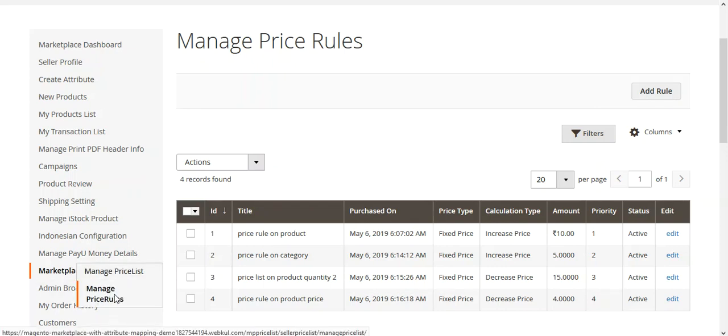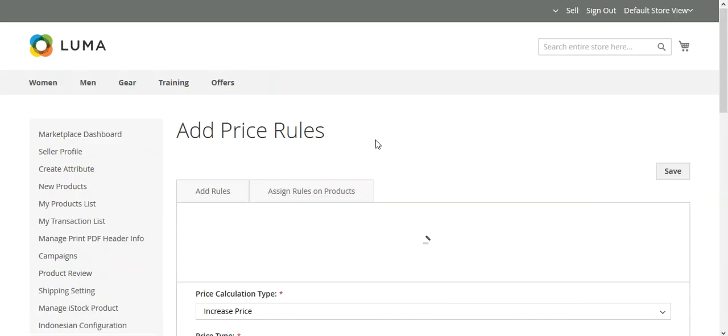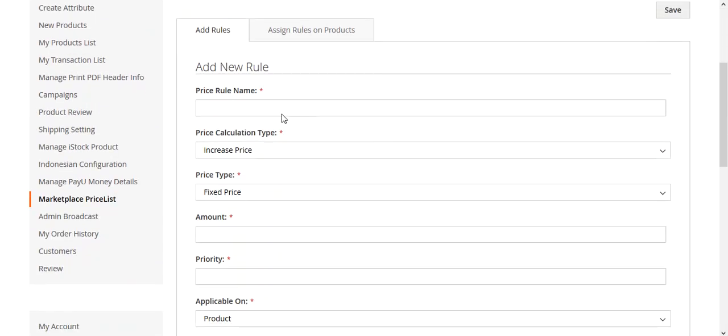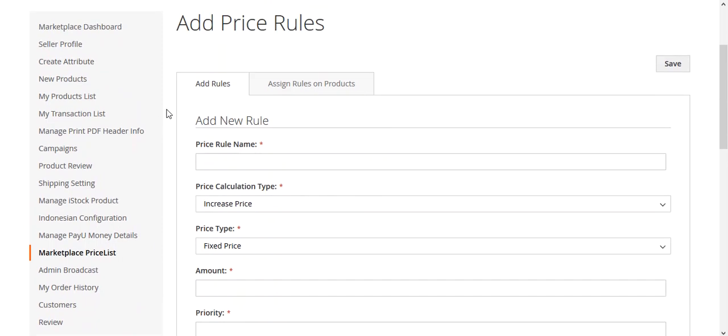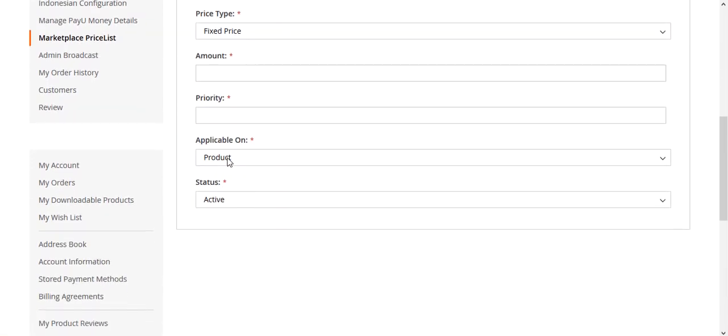We have the manage price rules, and to add a new rule, the admin can tap the add rule button here on the top right hand side, and this would bring up the add price rules section. And here we have two different tabs. One is the add rules, and the other one depends upon the selection that we have made for the